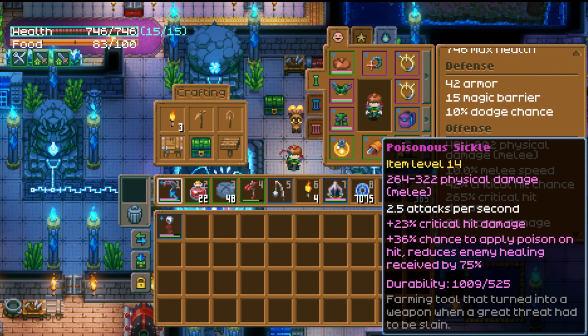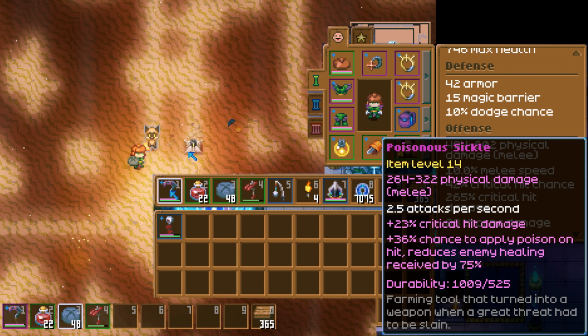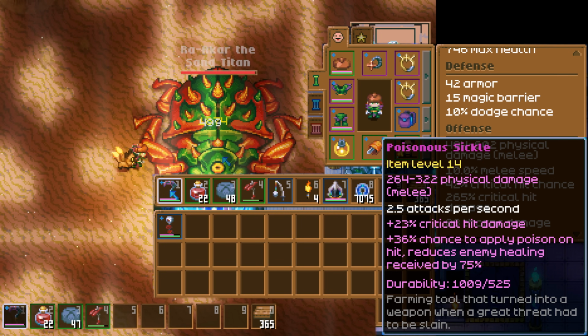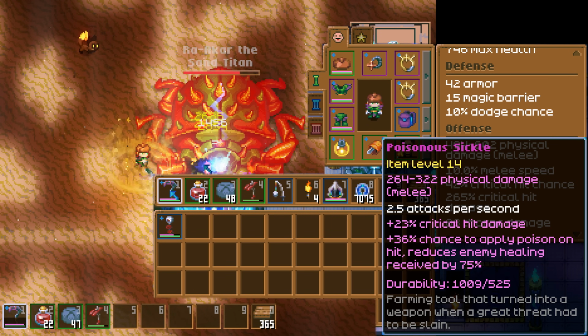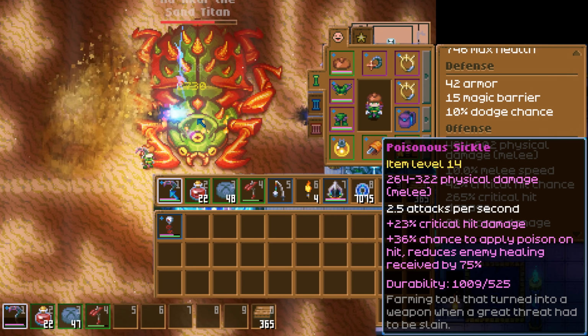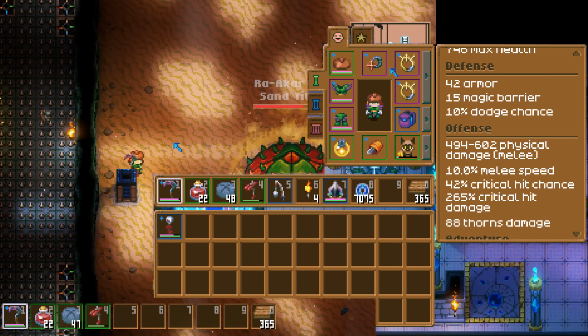My weapon is also the Poisonous Sickle, which drops off of the slime boss Ivy, and this is what gives me the chance to apply my poison. You can also find the Poisonous Sickle in the Mold Dungeon off of the dead infected cicada. I'm using the Orb Lantern for extra mining damage,